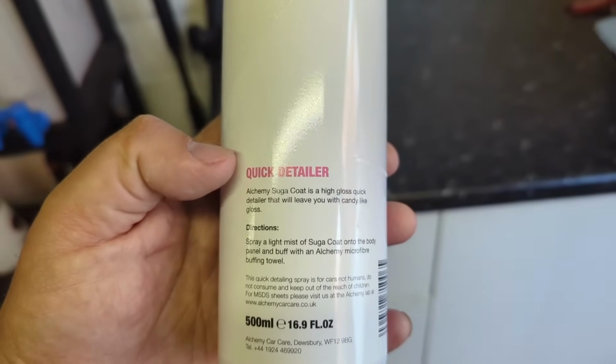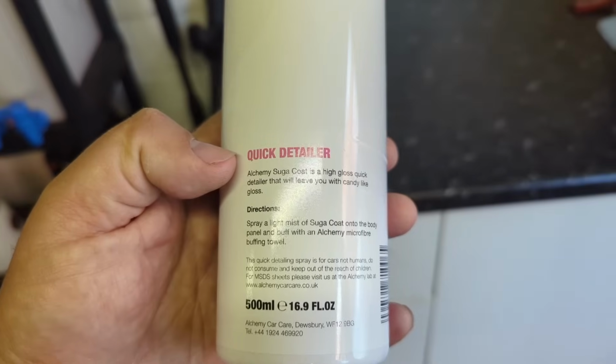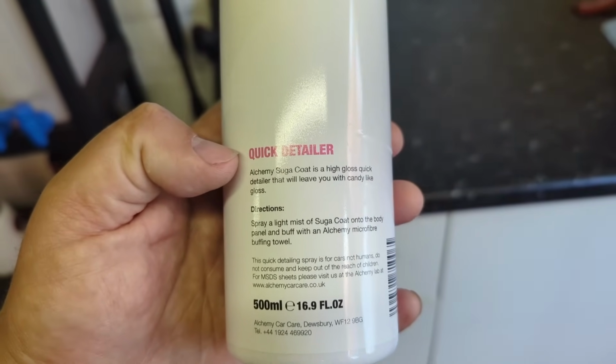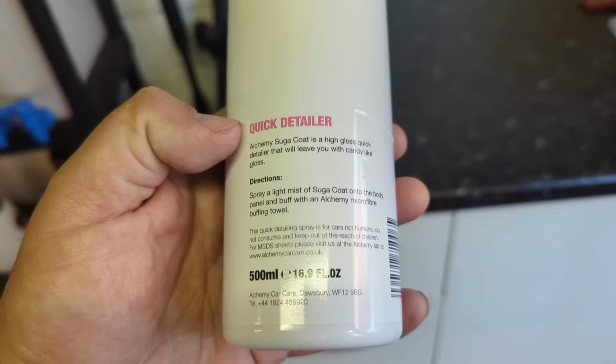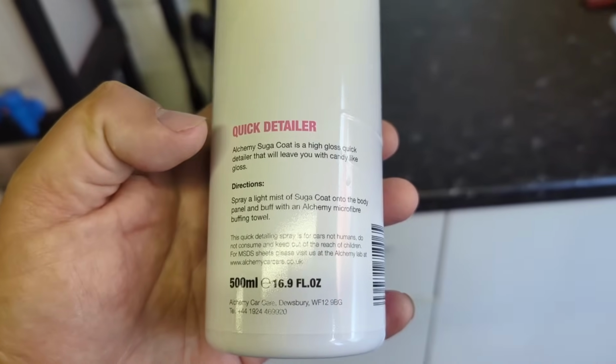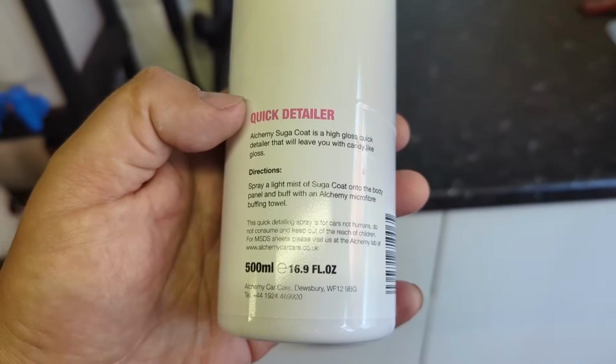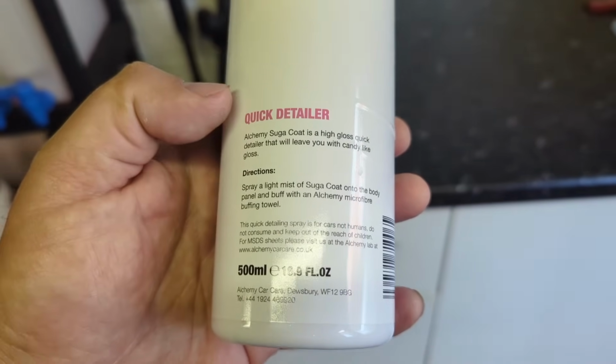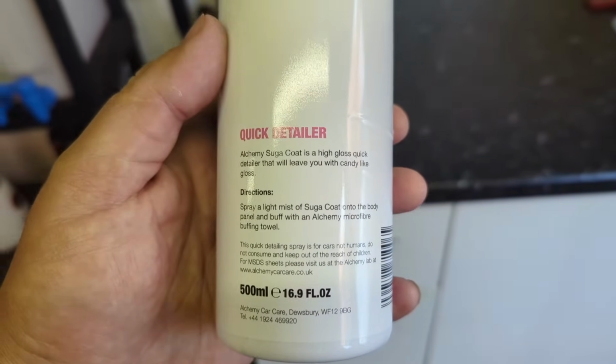Connected to that, this product gives you little information about what you can use this product on. Can you use it as a wet drying aid? Again, the Americans are very good with telling you whether you can use it wet or dry. Can you use it on plastic trim? Can you use it on chrome? Can you wipe down your glass with it and add some protection to your glass, or is it not glass